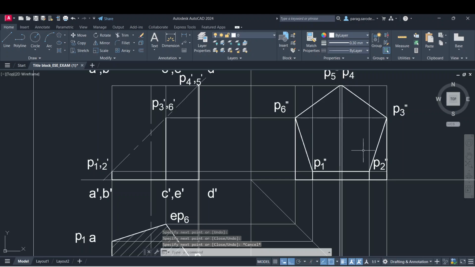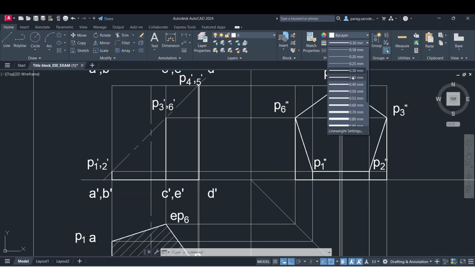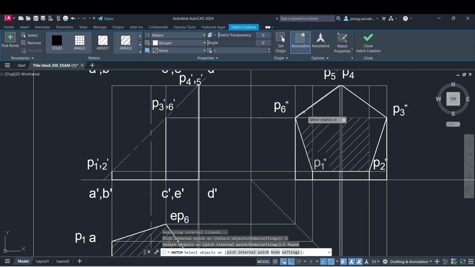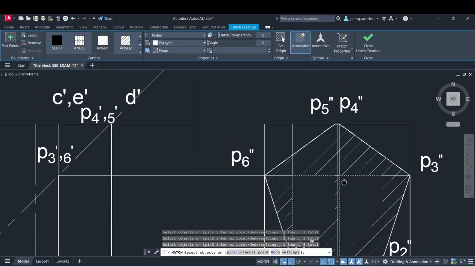Right? And then we will section it. Okay. For section, we make a line thickness again as 0.09. Okay. And then we will section it. Now here, rather than picking an internal point, selecting the object is better because I will show what is the effect of selecting an internal point. Look at this. You will have to do it multiple times. So here the better option is to select the object. Select this edge, right? And then